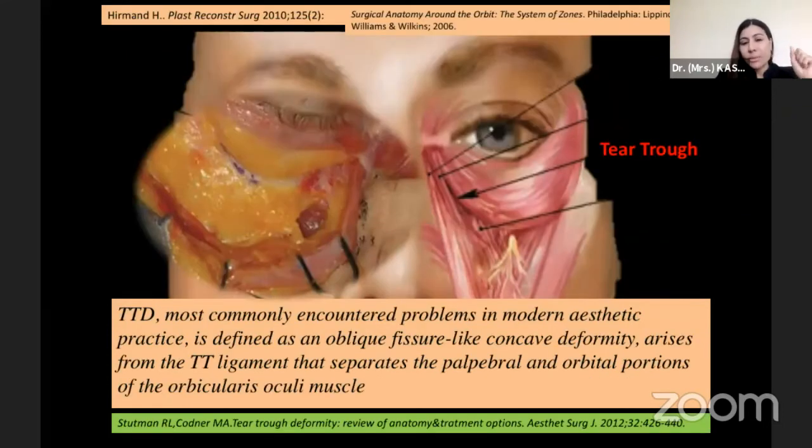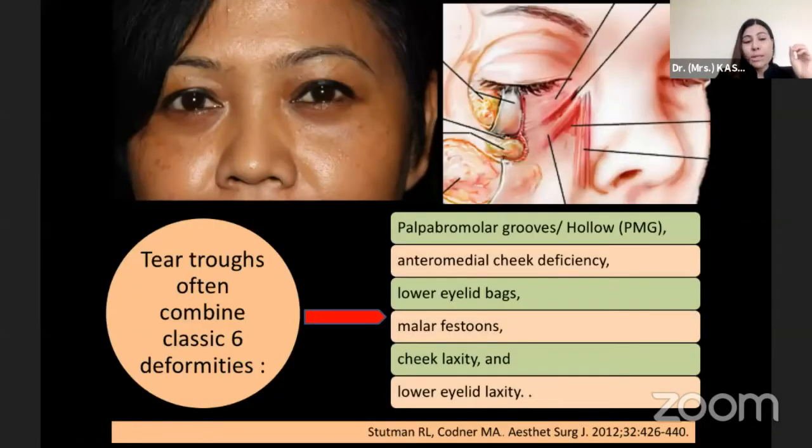the periocular part. So when we talk about the periorbital part, the most major concern, being discussed in most of the forums, is the tear trough defect. What is this tear trough deformity? It can be a correct deformity when there is a separation between the palpebral and the orbital part of the orbicularis muscle. This is known as a correct tear trough, but you should know to differentiate it from the incorrect tear trough, which is basically a separation or a groove between the orbital part of the orbicularis and also the levator labii superioris alaeque nasi.